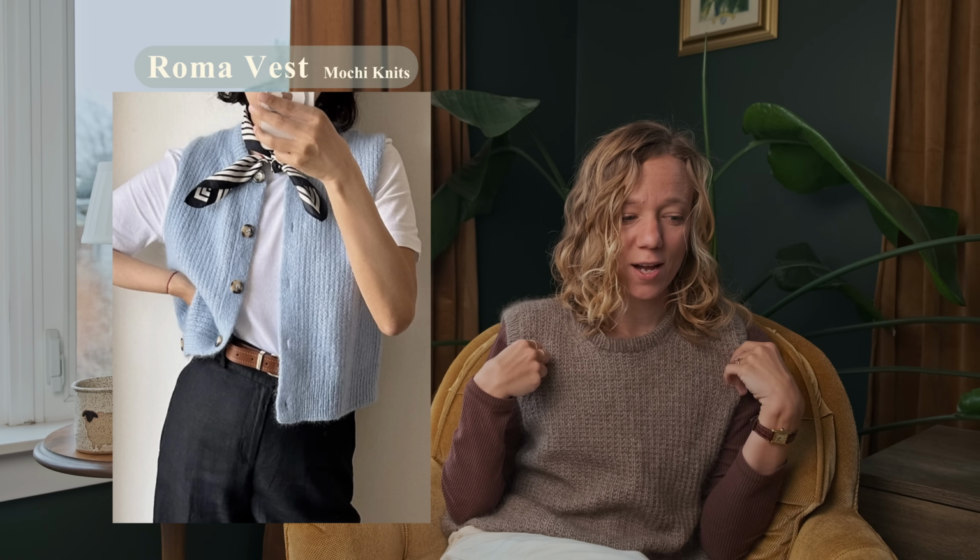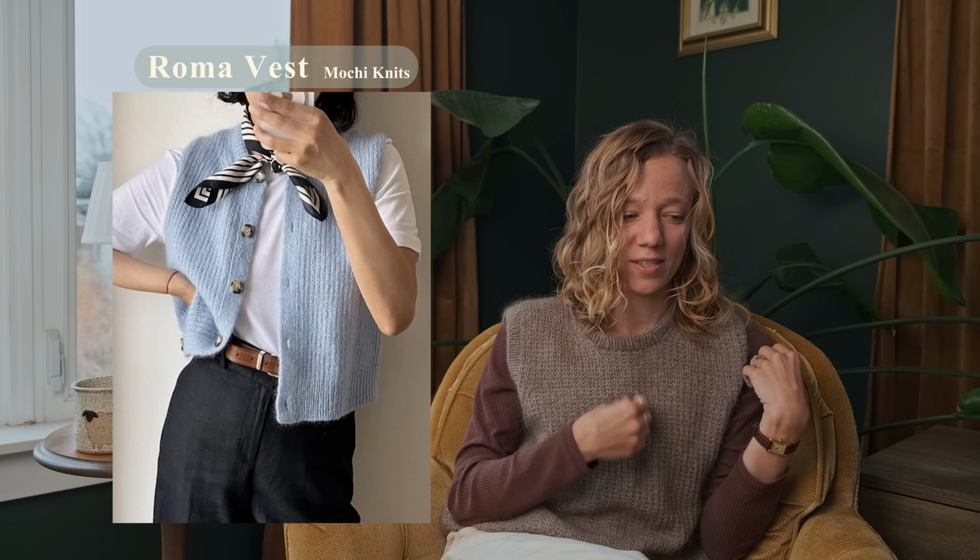inspired by and love. Next pattern I want to share is the Roma vest by Mochi Knits. This is knit in a fingering weight yarn. And there's three needle sizes listed on Ravelry for this, and I don't have the pattern, so I don't know if it's knit on the 3.5, 4, or 4.5 millimeter needles. I'm assuming the 3.5 is going to be some ribbing details, but I don't know if it's knit on the 4 or 4.5, unsure. This is a textured vest with, I assume, a double knit button band,